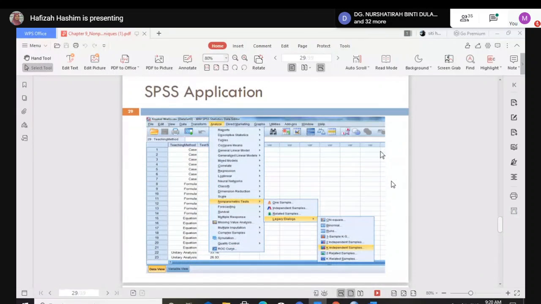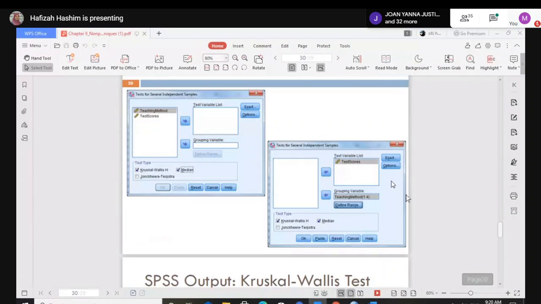Now we want to analyze the non-parametric test for the Kruskal-Wallis. So this is K independent samples, because you have more than 2 independent samples. Compare what you have done in Mann-Whitney before and also the Wilcoxon rank, not Wilcoxon sign, remember that one. You have 2 types of Wilcoxon. Now this one, K independent samples.